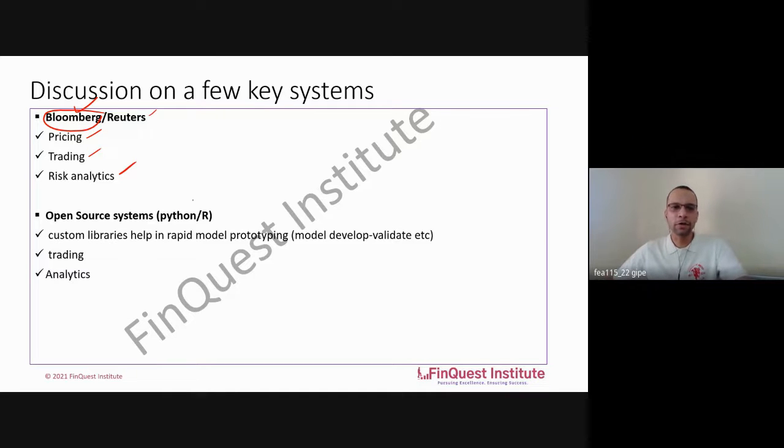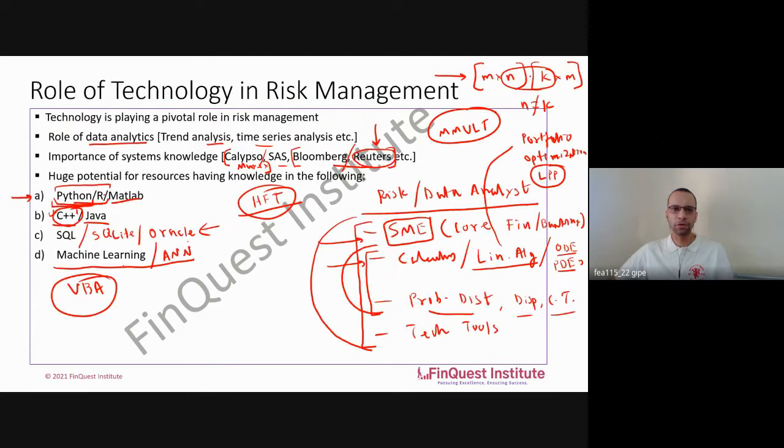I think the biggest advantage of open source is the quantum of libraries which are available. The libraries are just immense, and that will help you meet most of your requirements. Certain tasks could be available ready-made, and then you have to build on top of this, so custom libraries come very useful. That's an advantage. Then they support trading. You have people who use these open source tools for trading purposes. It can also be used for various kinds of data or risk analytics. So broadly, these are a few systems which you'll commonly observe in the industry. Any questions on the last two slides?